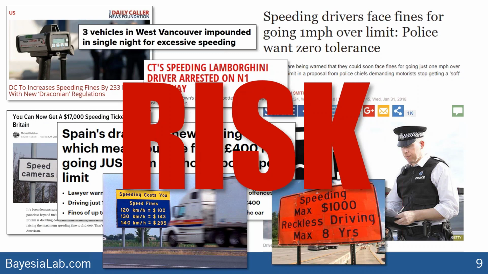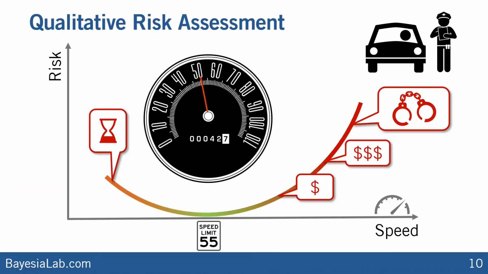And for our purposes, what exactly that is doesn't really matter so much. What I want to look at here is to try to get a qualitative understanding. So if we have a speed limit, let's say of 55 miles per hour, then as we go above that, if we push the limits, if we're speeding, then of course we run the risk of fines, of heavy fines, of arrest, of who knows what, losing your driver's license, and so on.